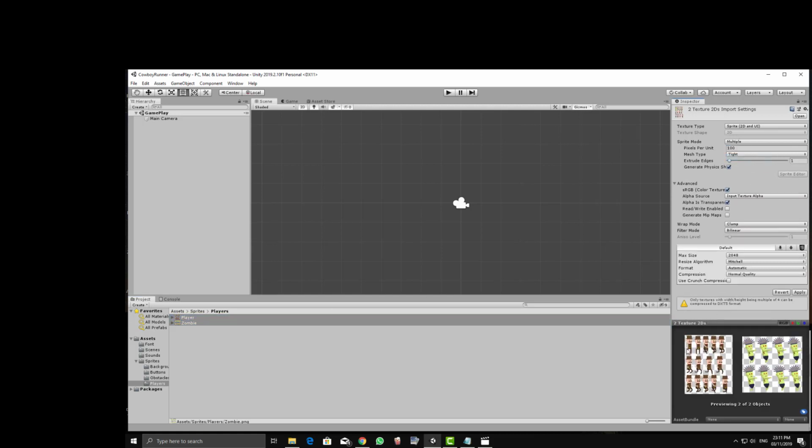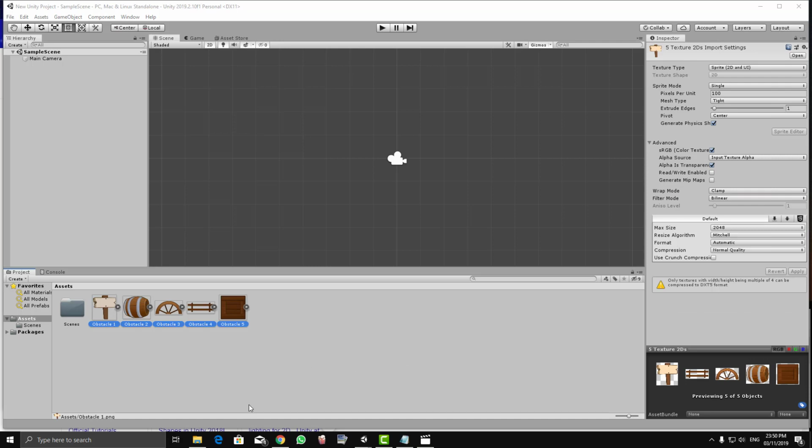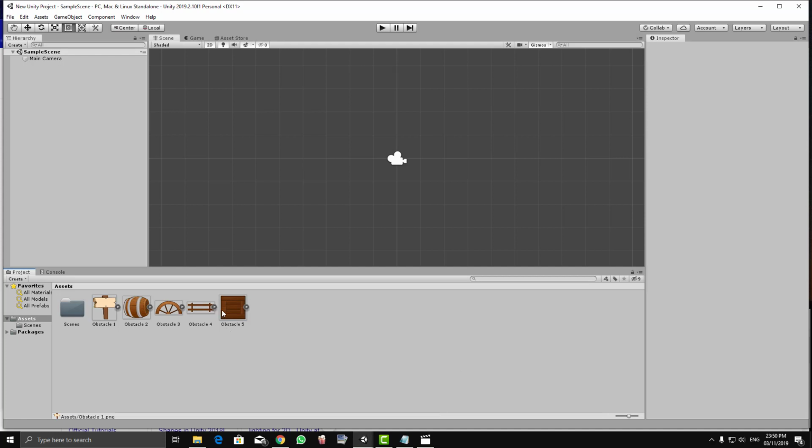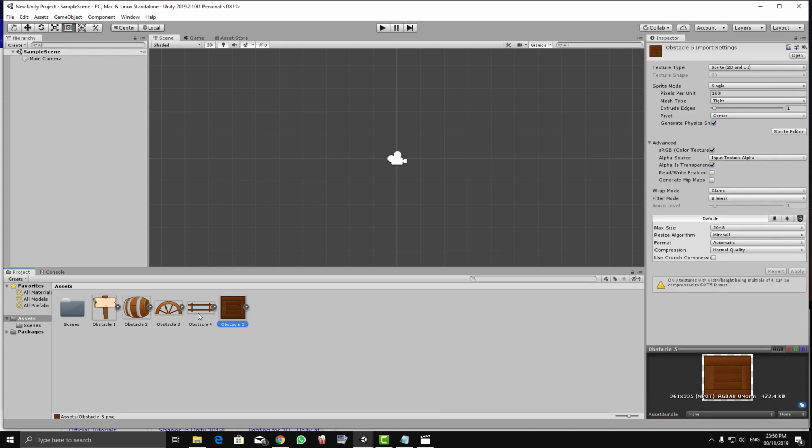As you can see, these are sprite sheets for the player, for the movement, for the jump. We'll get to that in a later mode, so just bear with me. And here, just make sure generate mip maps are off, 1024, 32-bit, and apply. Now I just jumped into another Unity project just to show you how to change the